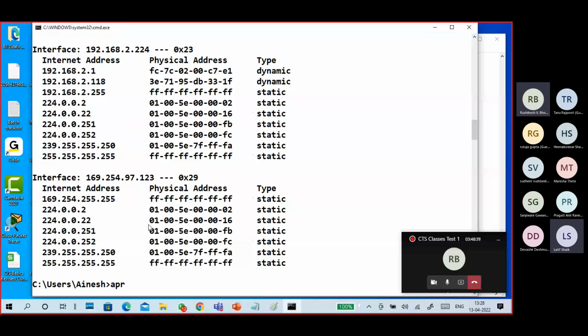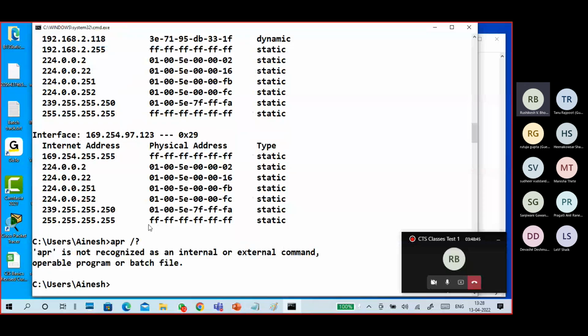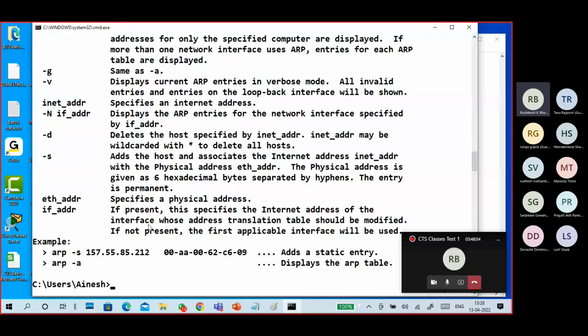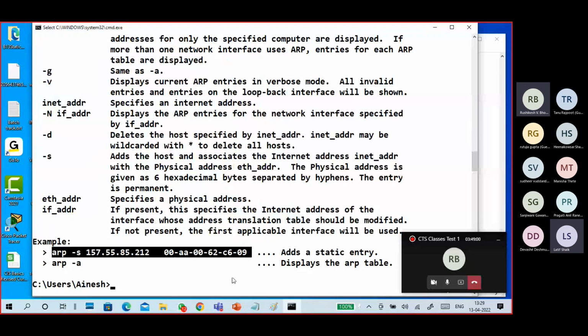In the ARP table, we can also enter entries statically. If you want to bind statically, you can bind it like this: ARP space -s IP address and their MAC address.